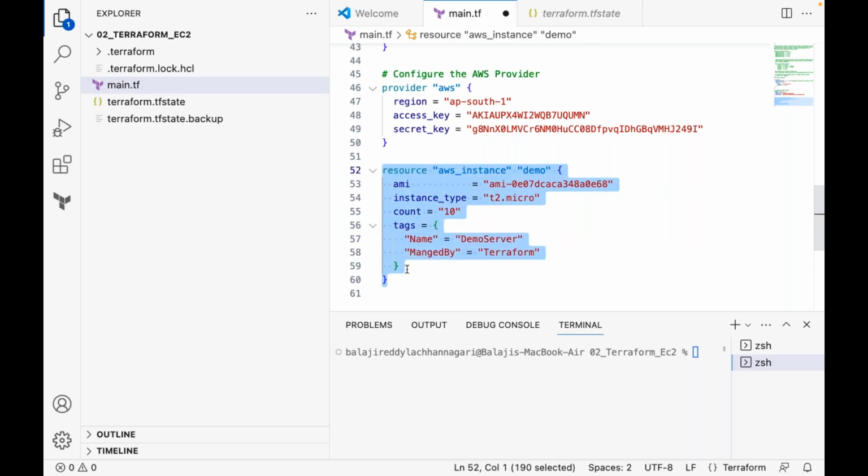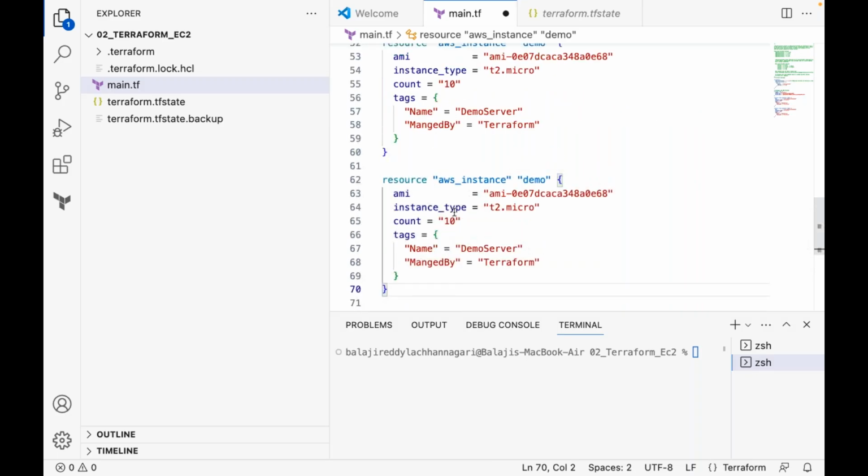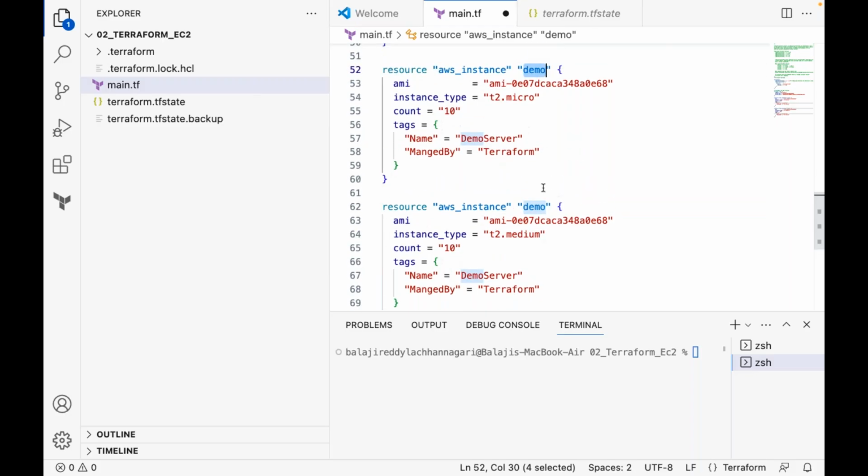There are a lot of various ways to do different configurations. You can say different AMI, different instance type. You can say something else, but these names I told, right? These local names should be unique. Let's say here I will say something else,